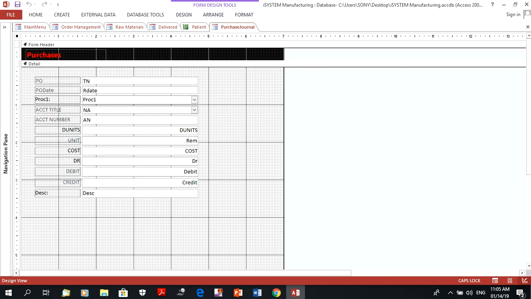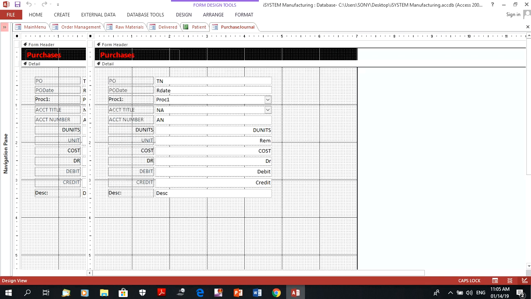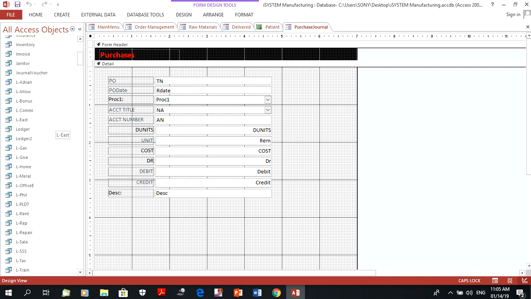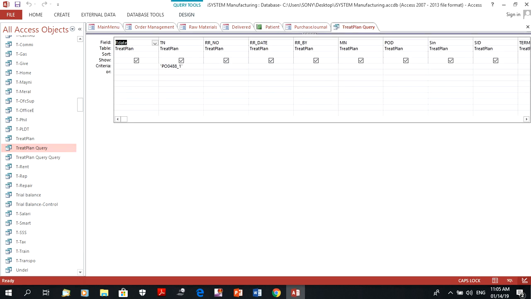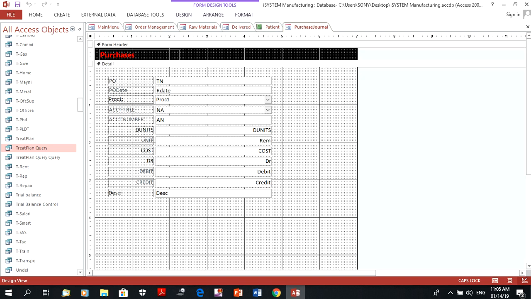So you do that by going through your transaction file here. Design that, and this is where you define the TN in the complete transaction file. That's how you're able to produce